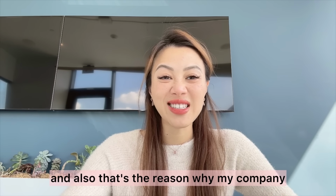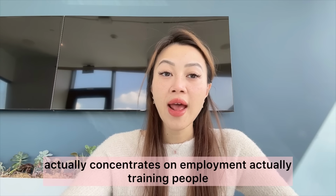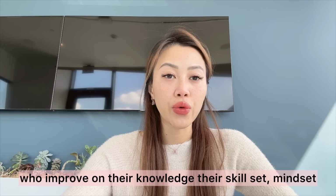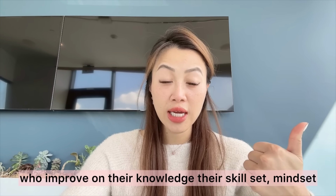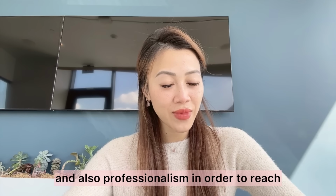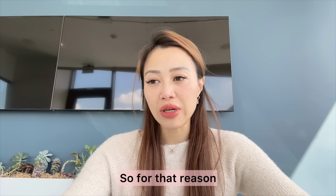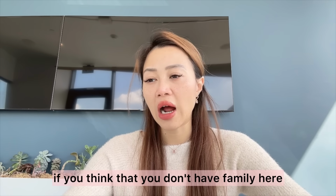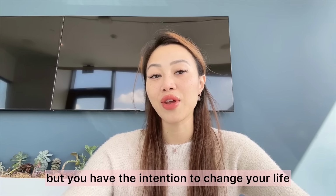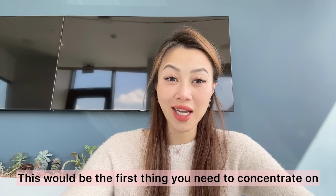And also that's the reason why my company concentrates on employment, training people to improve their knowledge, skill sets, mindsets, and professionalism in order to reach somewhere in life here in the States. So for that reason, if you think that you don't have family here, but you have the intention to change your life and improve your living conditions and your knowledge, this would be the first thing you need to concentrate